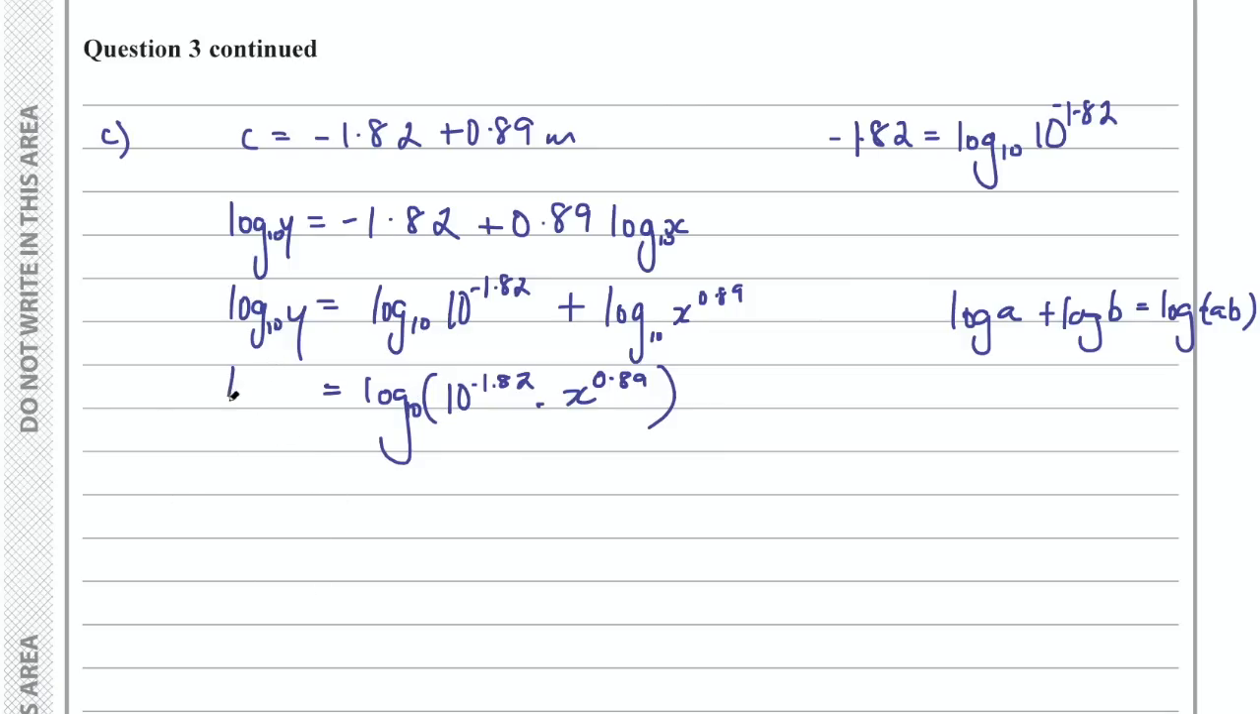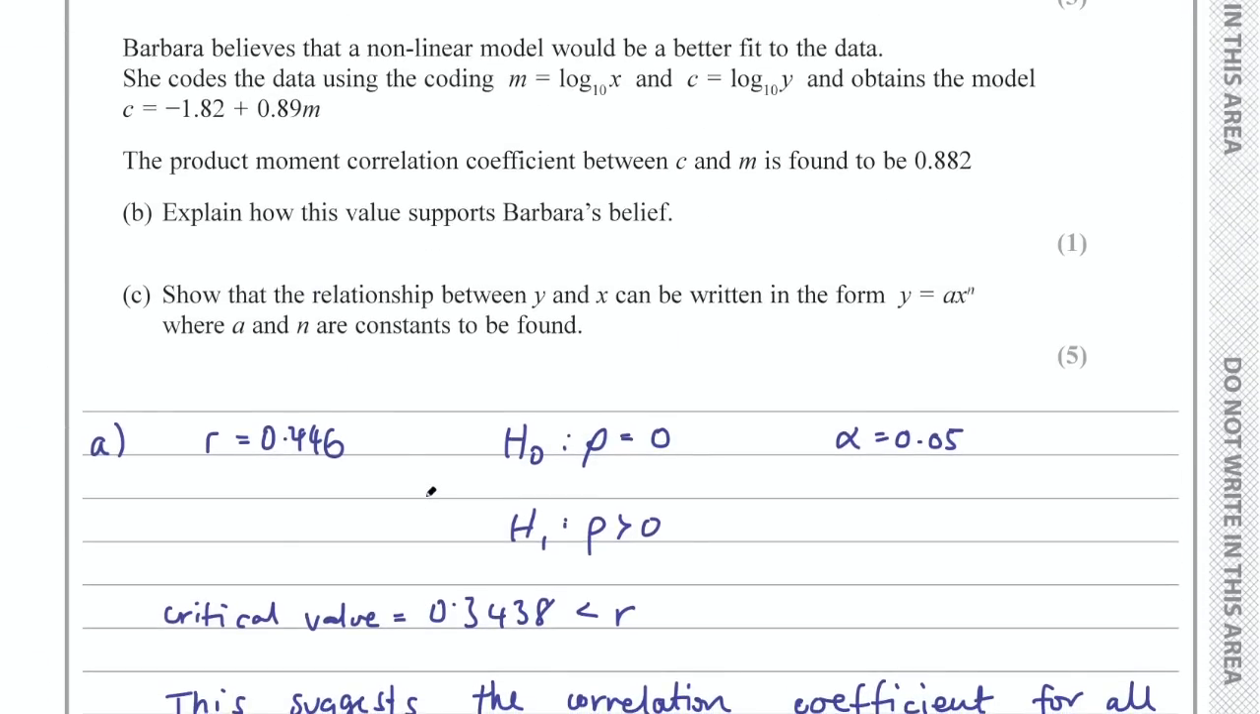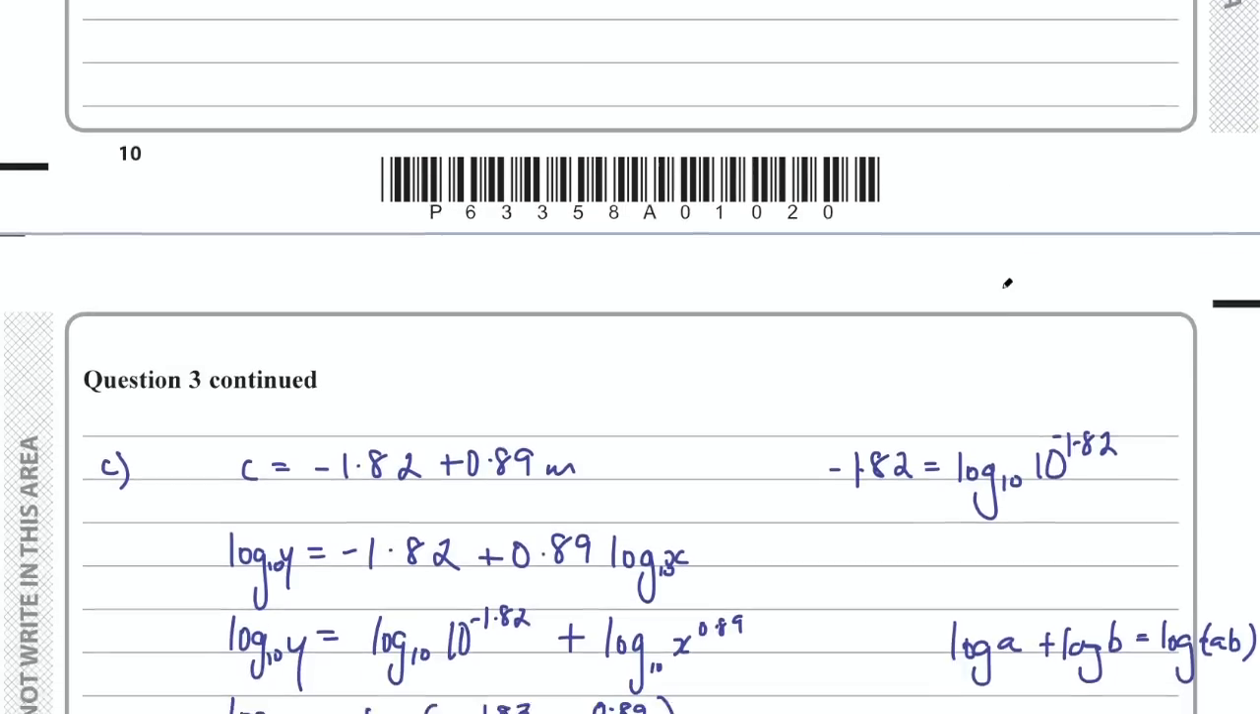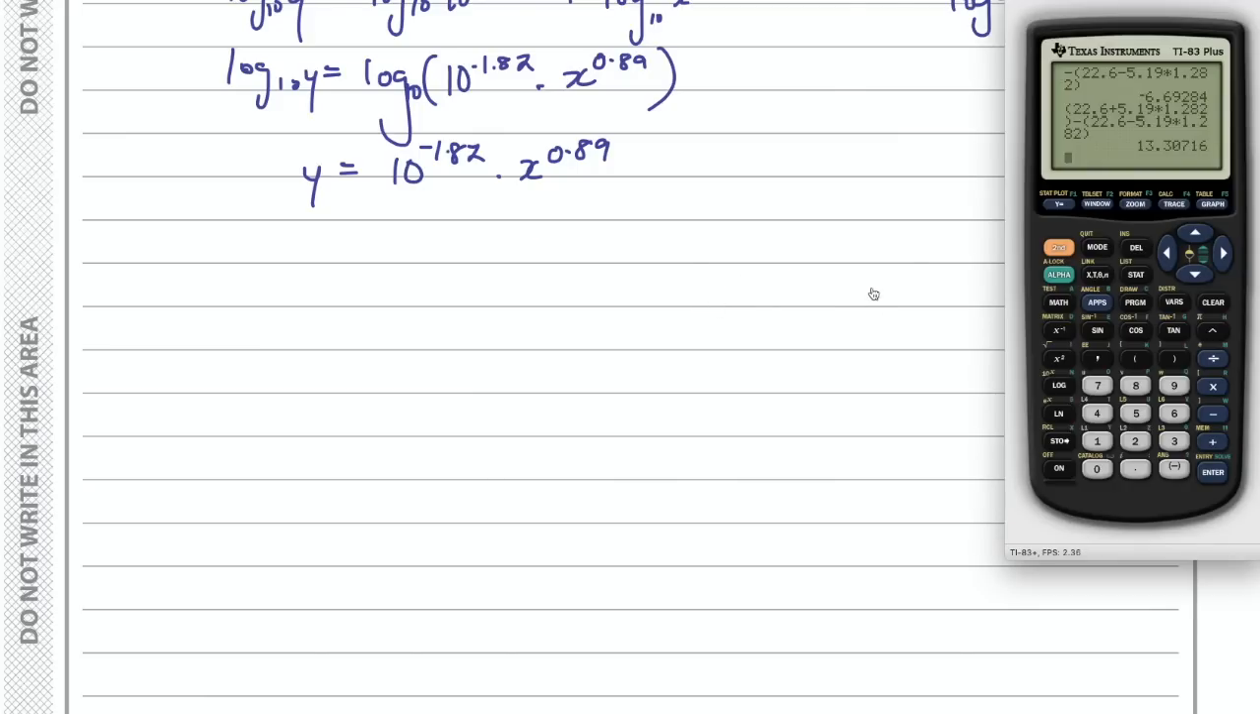And then raising everything to the power of 10, I'll have y equal to 10 to the power of negative 1.82 times x to the power of 0.89. And then I almost have it in this form, y equals ax to the power n. I just need to find the value of this. So 10 to the power of negative 1.82. Let's get that as a decimal. And I get